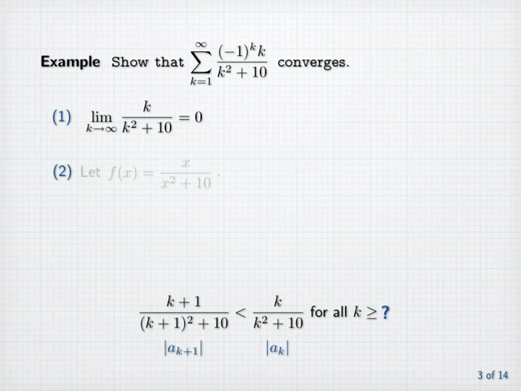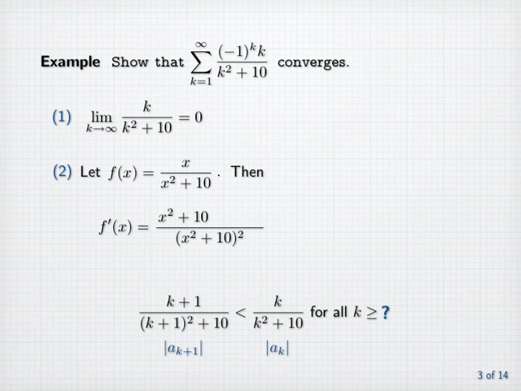Let f(x) = x / (x² + 10). Then f'(x), using the quotient rule, has the denominator (x² + 10) quantity squared, and the numerator is 1 times (x² + 10) minus x times the derivative of the bottom, which is 2x. That simplifies to (10 − x²) / (x² + 10)², which is clearly less than 0